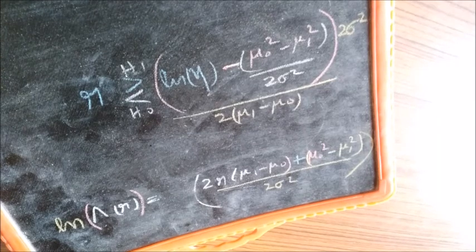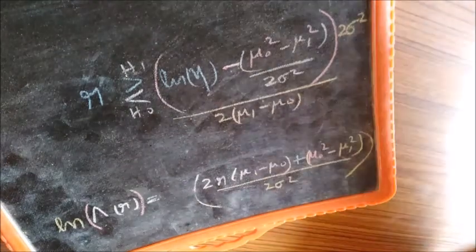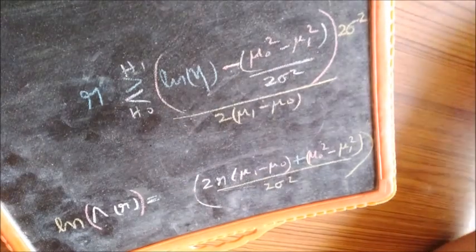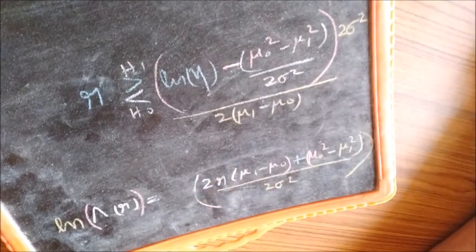Mu naught and mu1 are known to us. Sigma square is also known to us. So the right hand side is something that we can compute and keep with us. Every time we receive a random variable, we can just compare that random variable with what we have stored, and declare whether H1 or H0 was the true hypothesis. Of course, we will make errors sometimes, but the rule that we have developed ensures that the error, the risk, will be minimum. And of course it is possible to further simplify the right hand side.